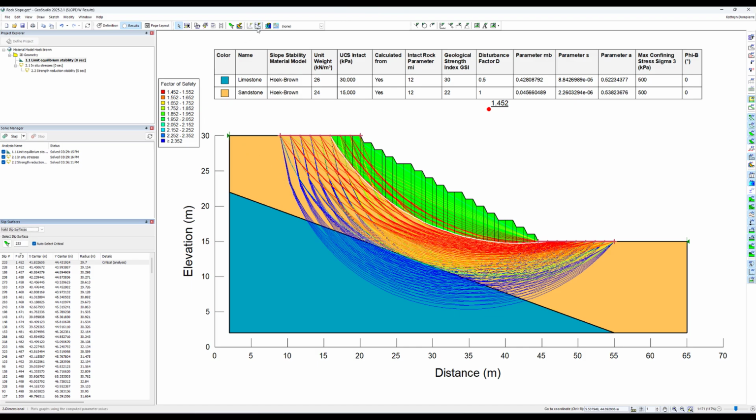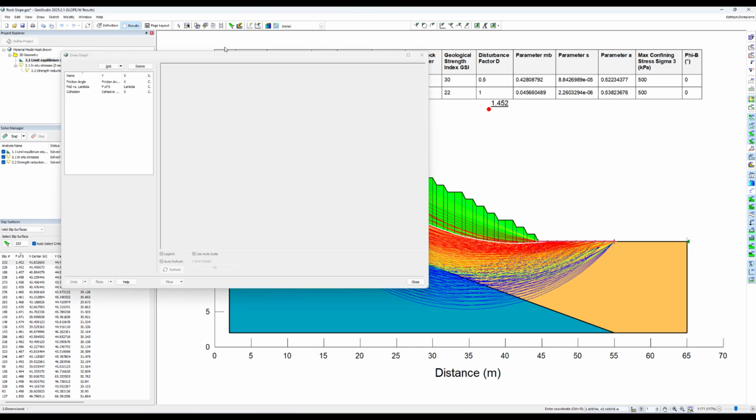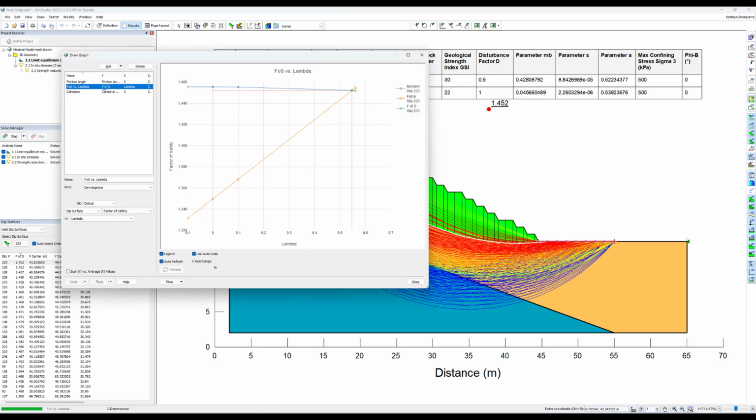Next, I will click the graph icon and examine the convergence behavior by going to the factor of safety versus lambda plot. We can see a clean intersection point where the force and moment factors of safety converge at a lambda value of approximately 0.55. As previously discussed, slope W computes equivalent Moore-Coulomb parameters by taking the tangential slope of the Hoek-Brown envelope at the